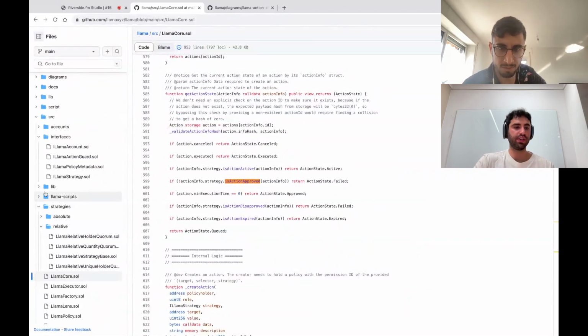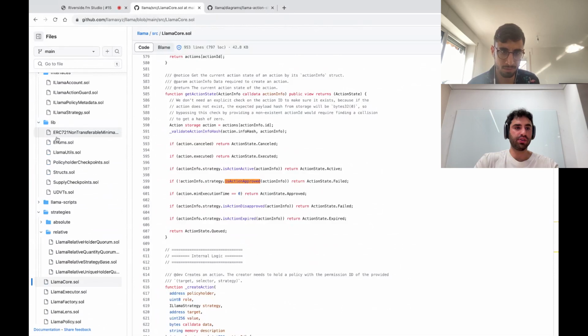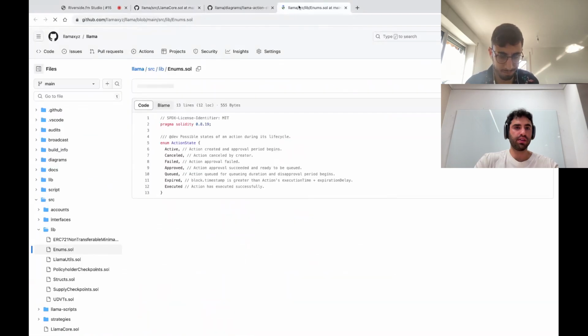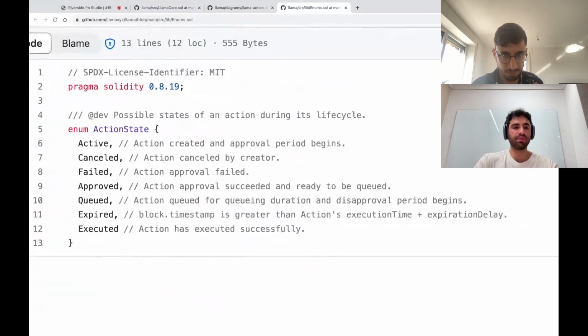Exactly. And so if we go to the enum here, you can see what the action states are. The core knows about the action states, and it has the validation logic.